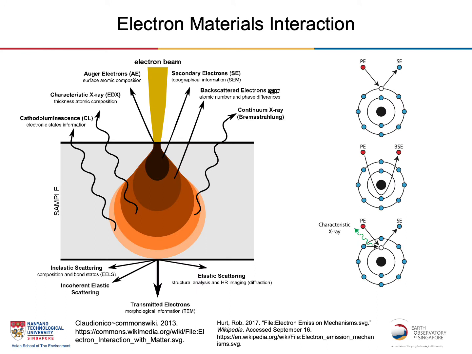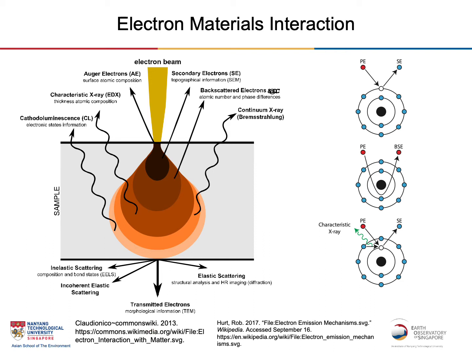Okay, now here is kind of a messy diagram of the interaction between electron and materials. What we have here in the left is the diagram where we have the electron beam impinging on some kind of materials. Due to that impingement, that bombardment from the electron beam, we have electrons forming a kind of bell-shaped dumbbell inside what we normally call the interaction volume. And because of this interaction, there are several effects